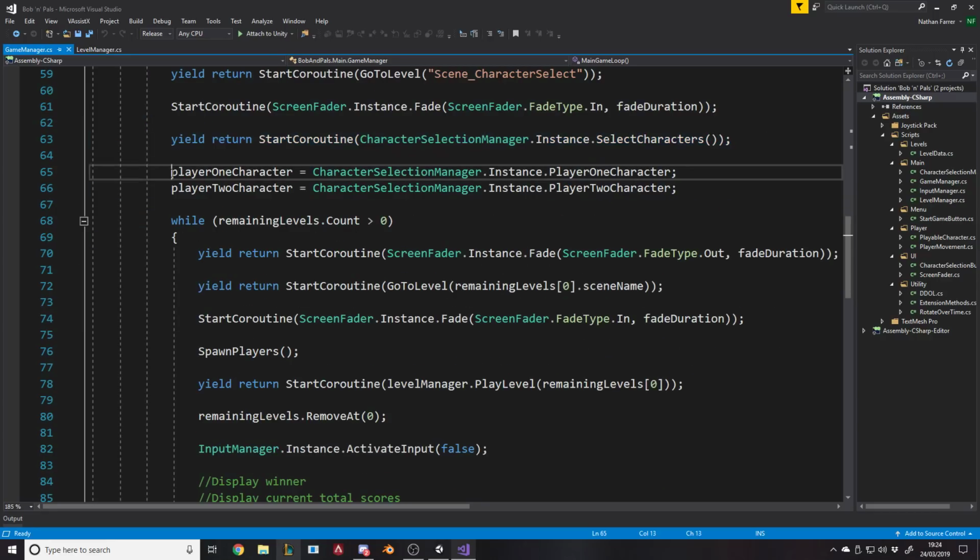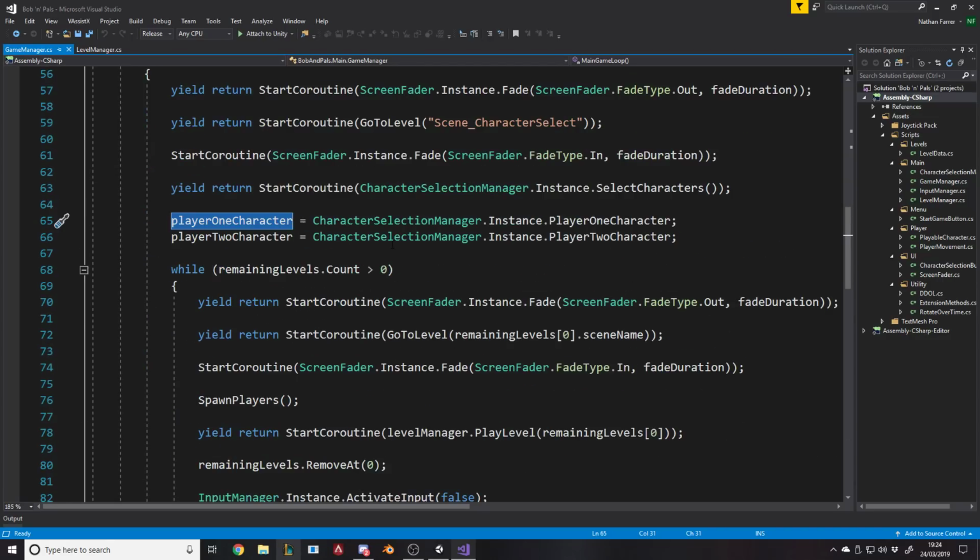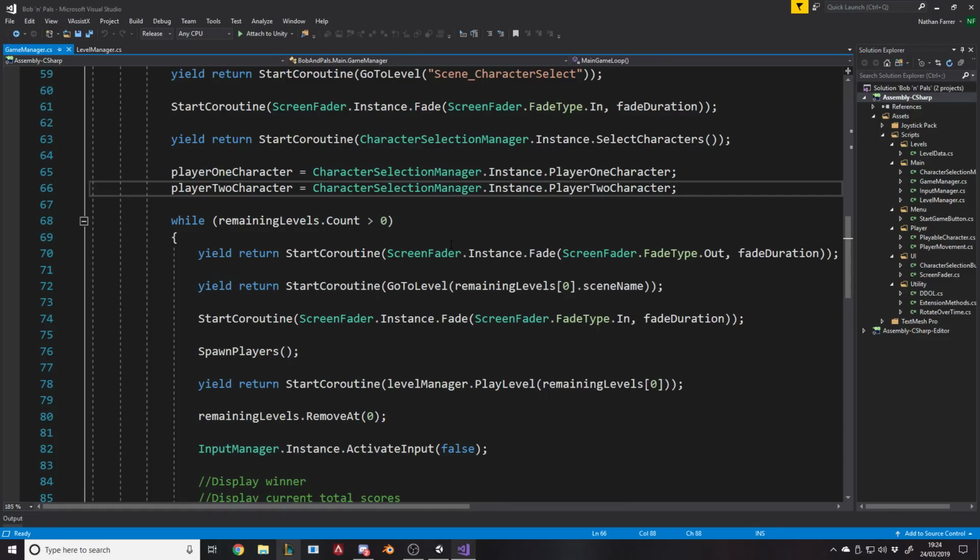Once we've selected, we then need to pass in the 2 characters we've stored back into this script, because this script ultimately needs to know who the 2 characters we're playing as are, because this persists through every single scene. This game manager will be active through all scenes, whereas the level manager is only active in the level scene. It makes more sense. And then, while there are still remaining levels in that list, we go to a level,